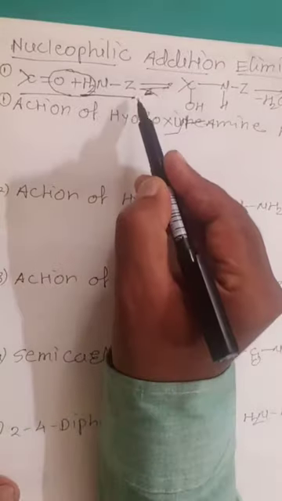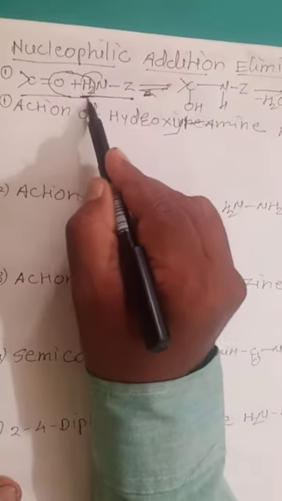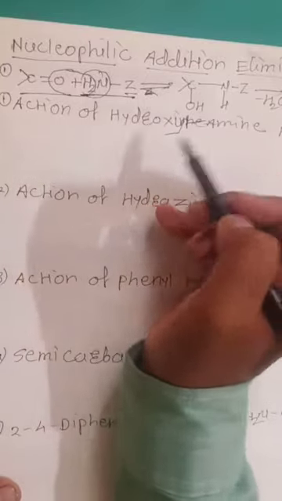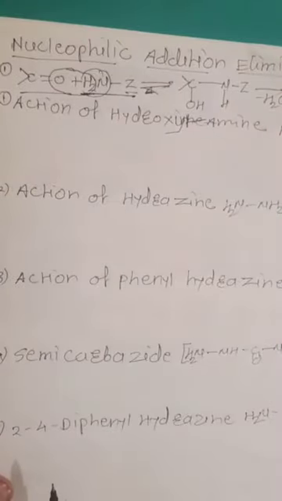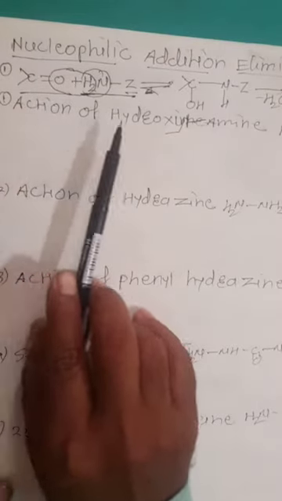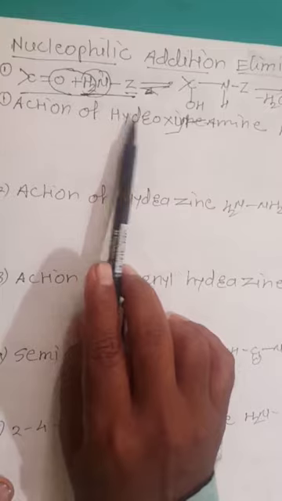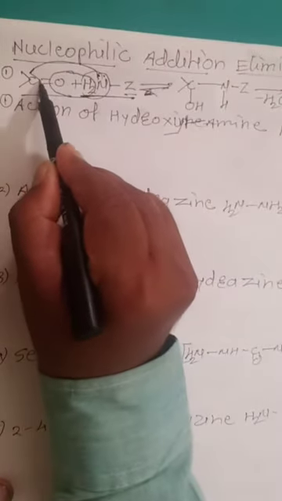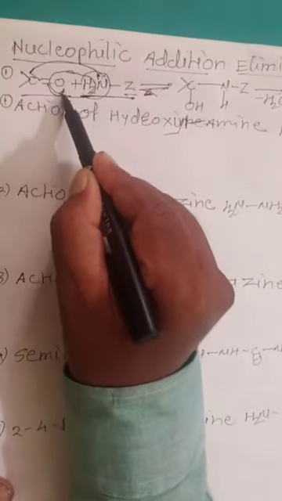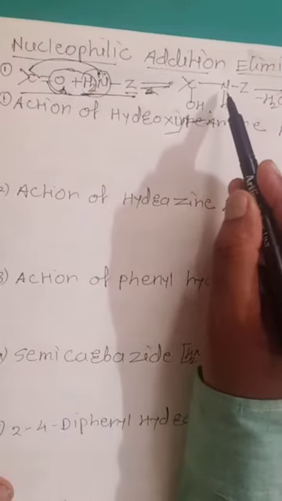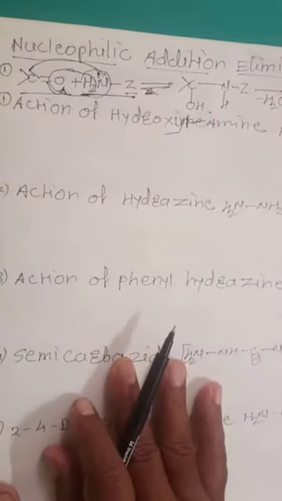that means one hydrogen atom from ammonia is replaced by any other atom or group of atoms, then we get this ammonia derivative. So when carbonyl compound reacts with ammonia derivative, then addition reaction takes place. Here this NH2 group acts as nucleophile. It attacks on carbonyl carbon, breaks this bond, and we get this intermediate. So this is after nucleophilic addition reaction.